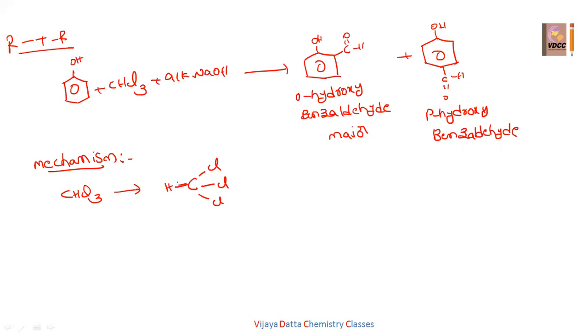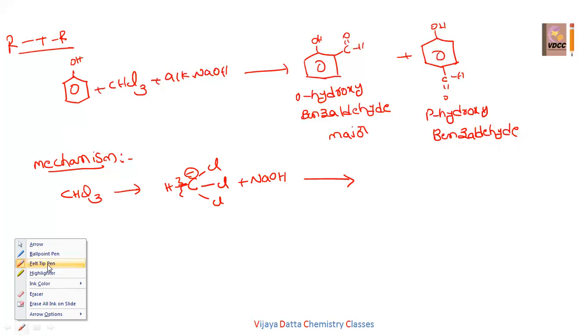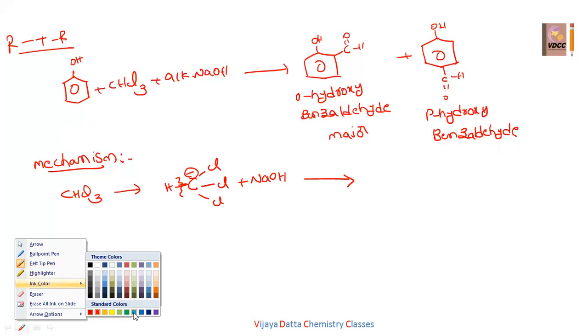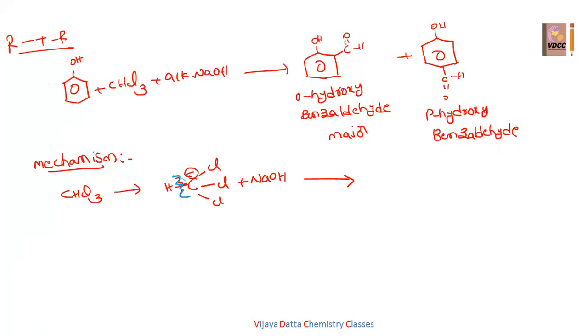Now this chloroform, when treated with NaOH, loses the H plus, and it creates a negative charge on the carbon. Then what will happen exactly? This bond will break, it gets the negative charge, and the hydrogen goes out as positive. Now what is left is C minus with Cl, Cl, Cl, where carbon has the negative charge. Carbon having negative charge is called a carbanion.